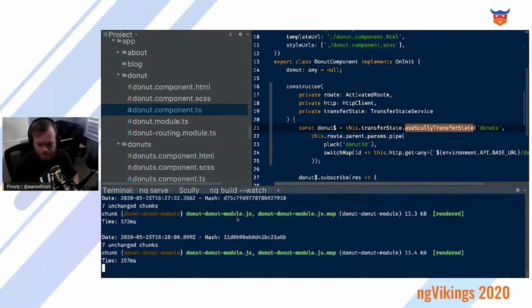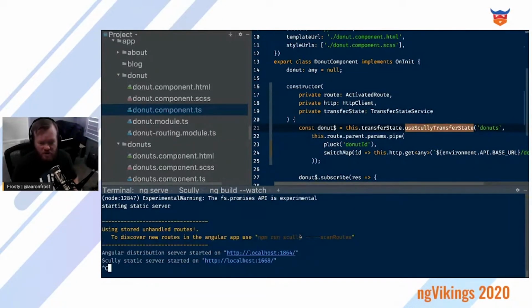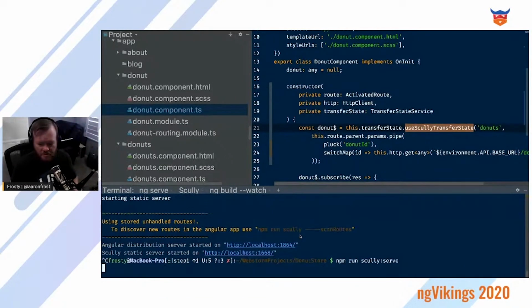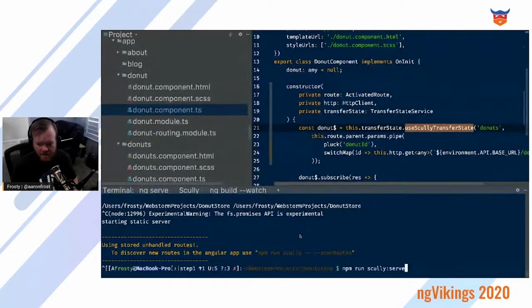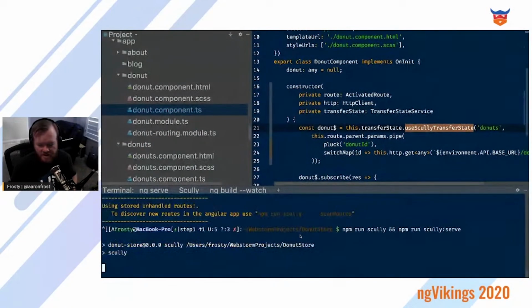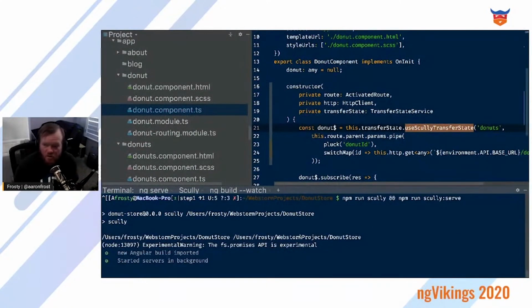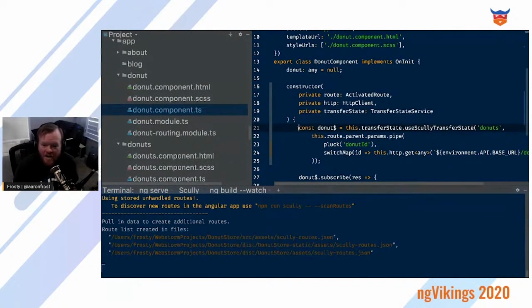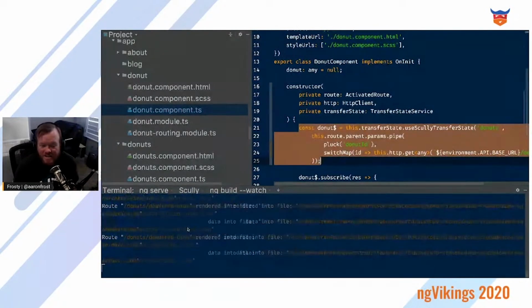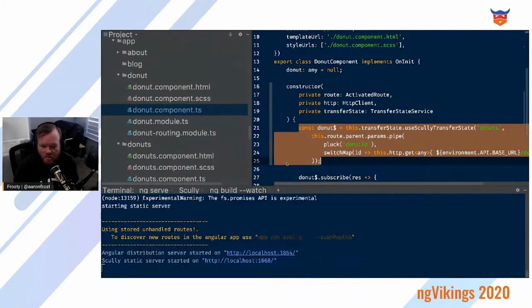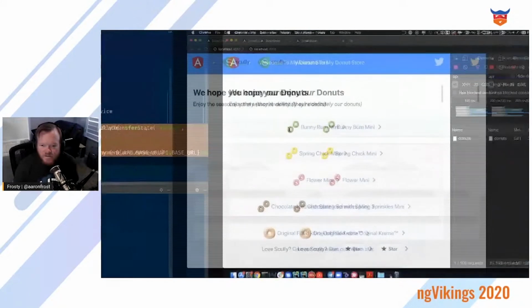Oh, I already am doing a build. Perfect. My build watch is running, so now I can just redo a Scully build. Sorry. Let's do a build and serve. Okay, so now we're going to tell Scully to regenerate the website with that call cached. And it's going to cache that call when it generates the index HTML, the homepage. And now when we serve this over here,